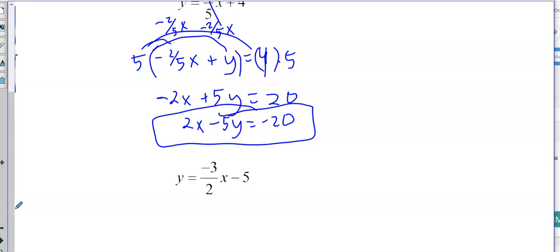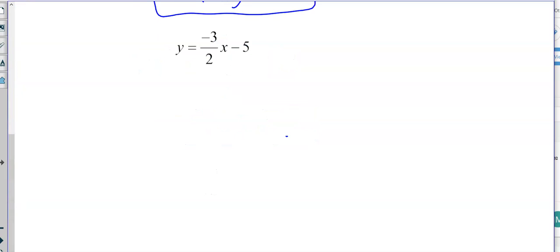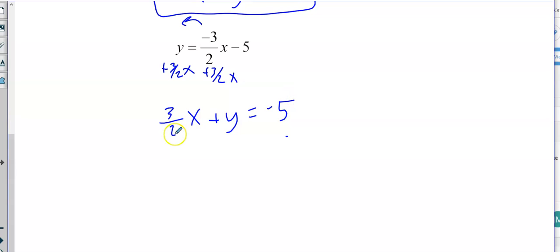So stop the recording and try it with this one and see how you do. I'm going to help you though, and I'm going to do it. So you're going to get that over to the other side by adding 3/2 x to both sides. So you get 3/2 x plus y equals -5. I need to get rid of that denominator of 2, so I'm going to multiply both